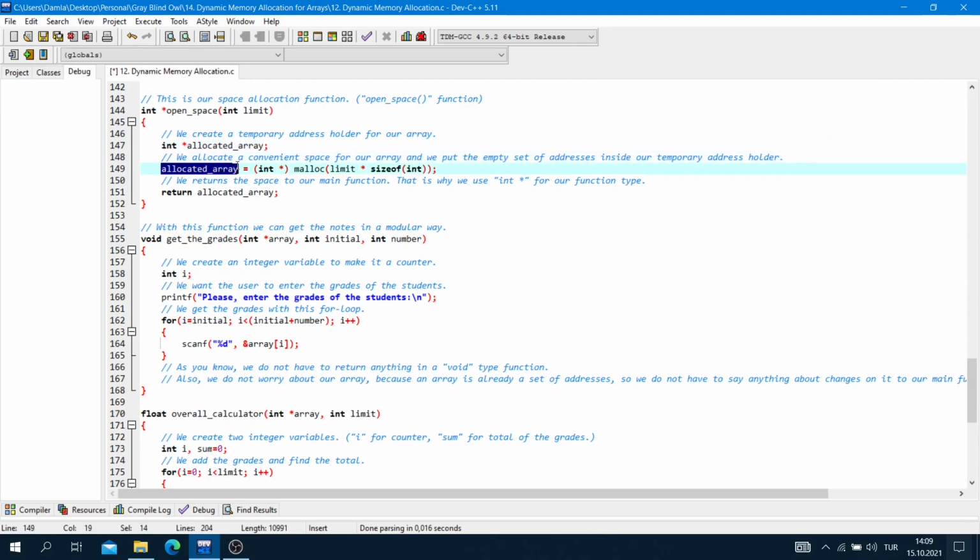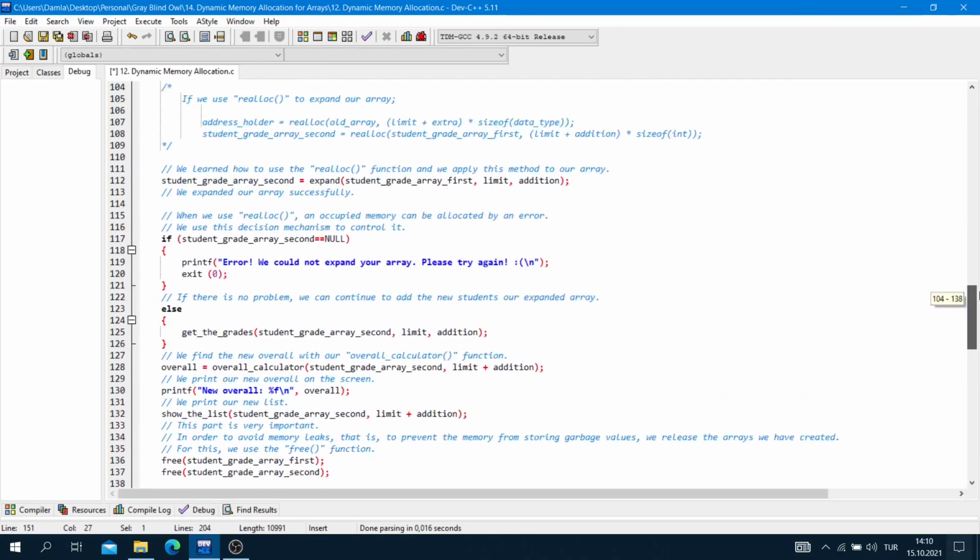Here, allocated array is equal to integer pointer malloc, limit times size of integer and semicolon. Now our allocated array has a set of addresses here. We return the space to our main function. That is why we use integer pointer for our function type. As I said before, return allocated array and semicolon.